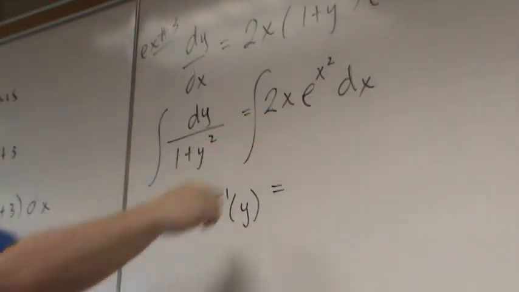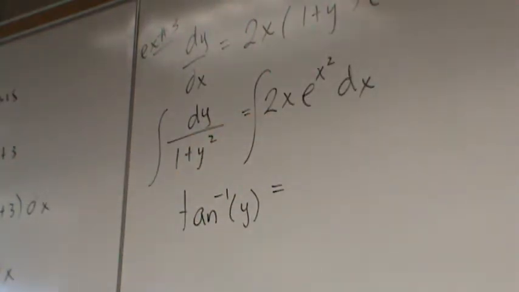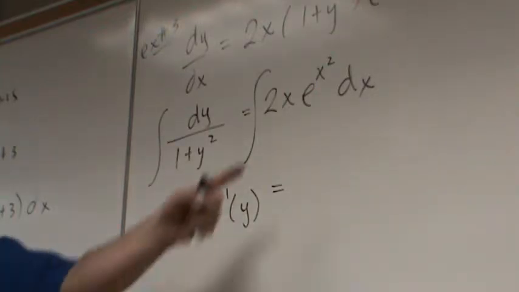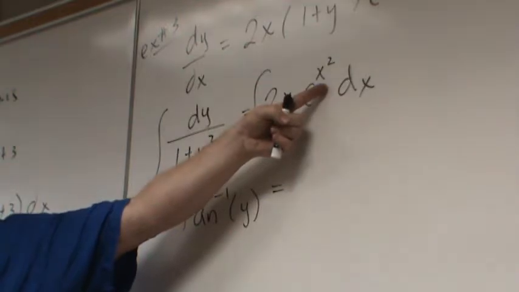And then this guy, did anyone do u substitution to do that guy? No? That's okay. What should I have my u be? E to the x? Not e to the x squared, no. X squared. Yeah, just x squared. And I'll tell you, my clue that u being x squared is a good idea is because